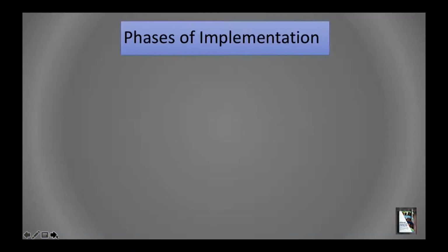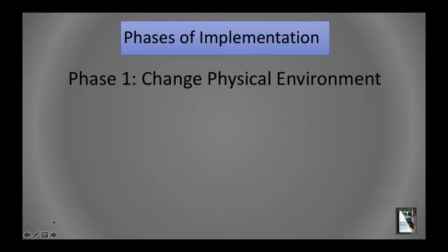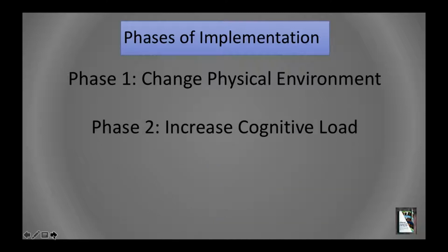So this is what I always suggest for implementation phases, because it can get a little overwhelming. So here's what I suggest: start with the physical environment. Just change the physical environment first. That's something very concrete and not too difficult to do. And then the next thing that we need to look at is increasing cognitive load. And then finally,